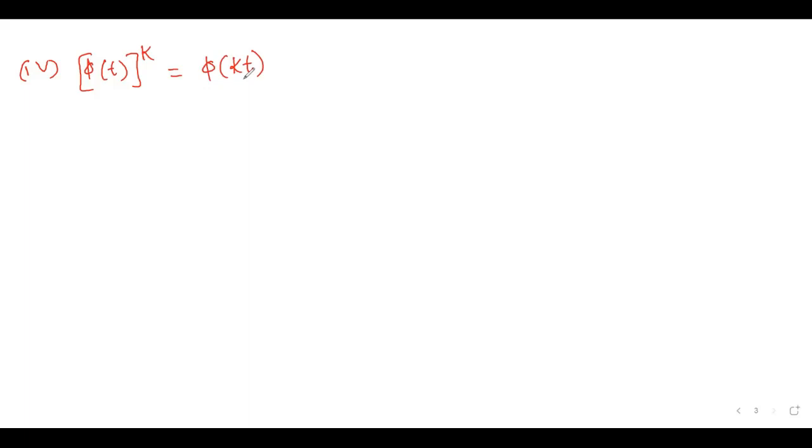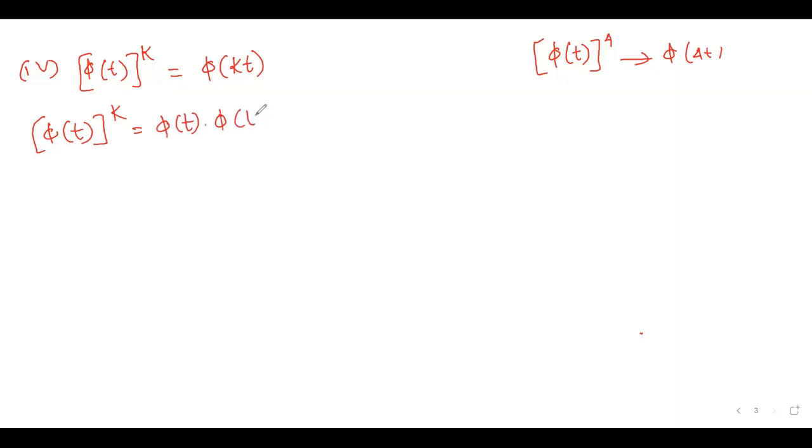That means if you know phi t, we'll discuss this thing in third year class in detail. If you wish to calculate its power, say to the power 5 or to the power 4, simply replace t by 4t. You can easily show that phi t to the power k is basically phi of t into phi of t into phi of t, k times,